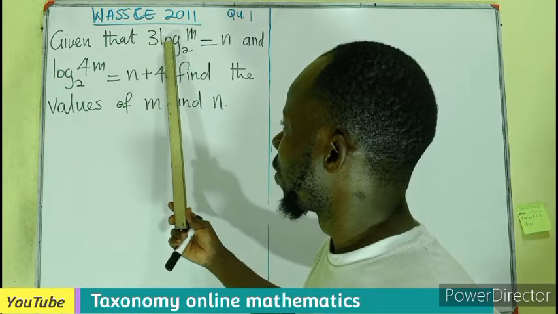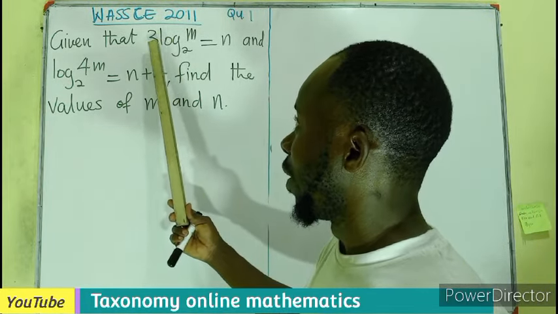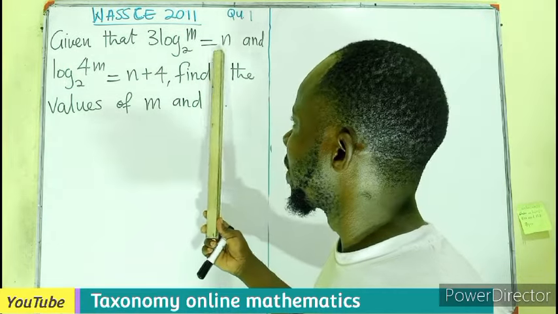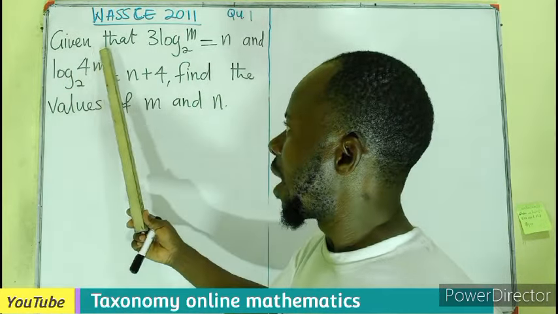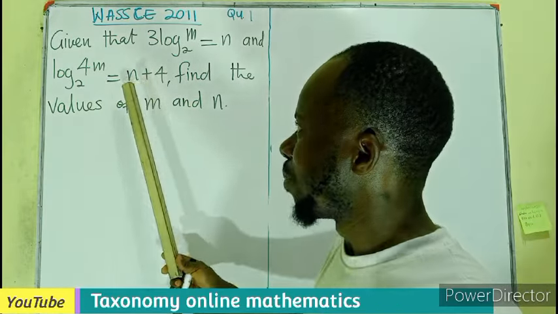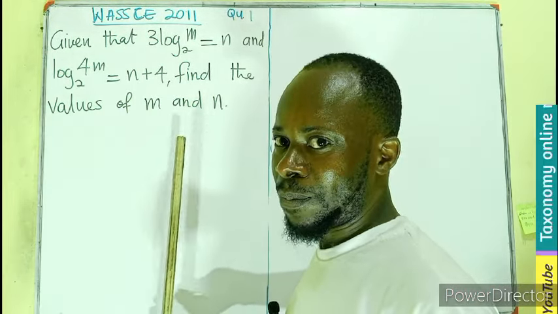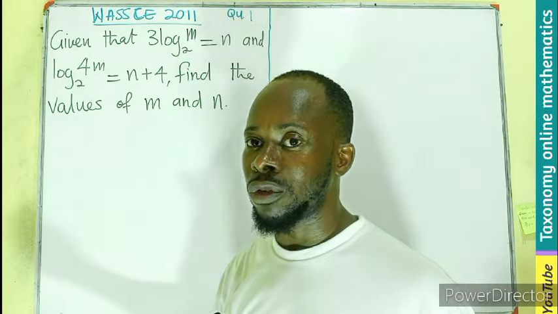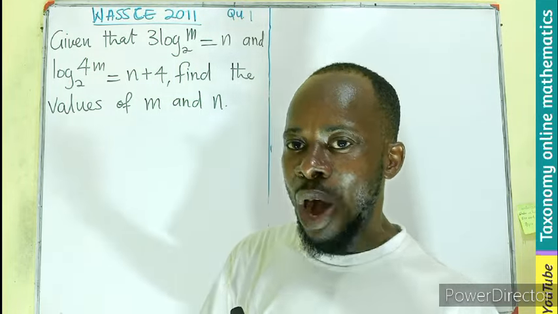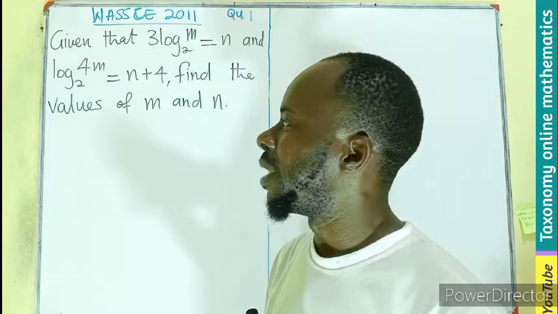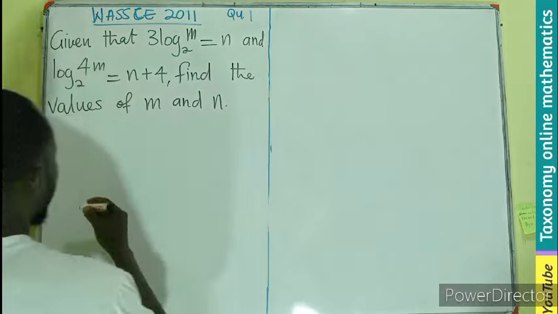Given that 3 log m base 2 is equal to n, and the log of 4m base 2 equals n plus 4, we have to find the values of m and n. So we are just going to apply the laws of logarithm and see how we can manipulate our way from log to indices and find m and n. So in this case,